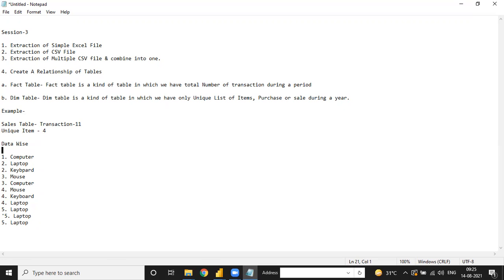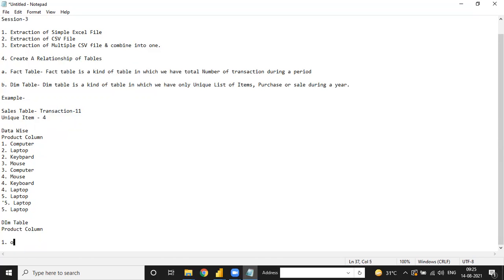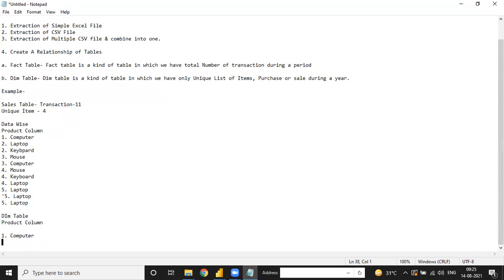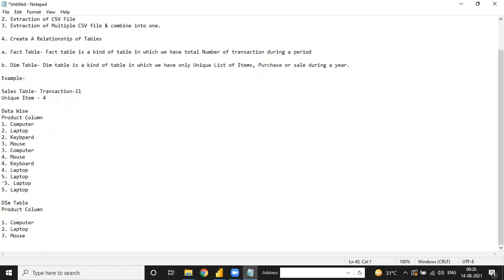The dim table has one product column, and under the product column we have 4 items: first computer, second laptop, third mouse, and the fourth keyboard.